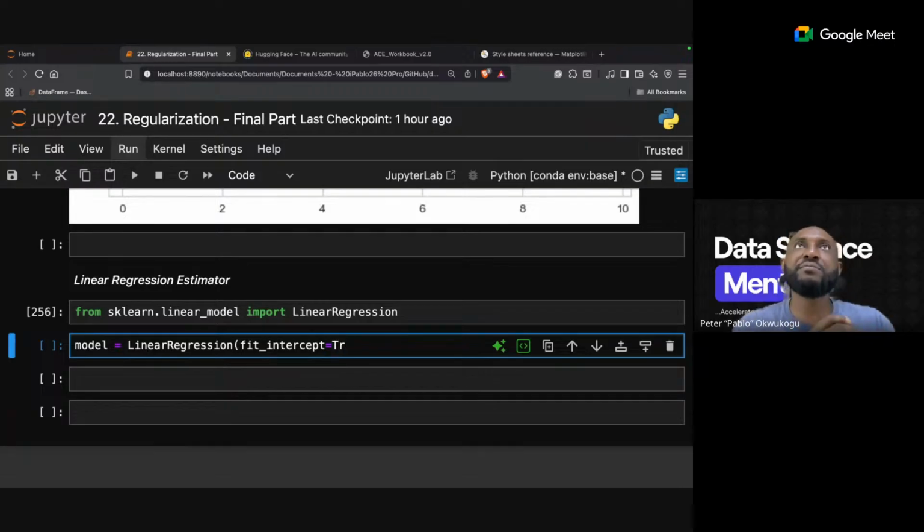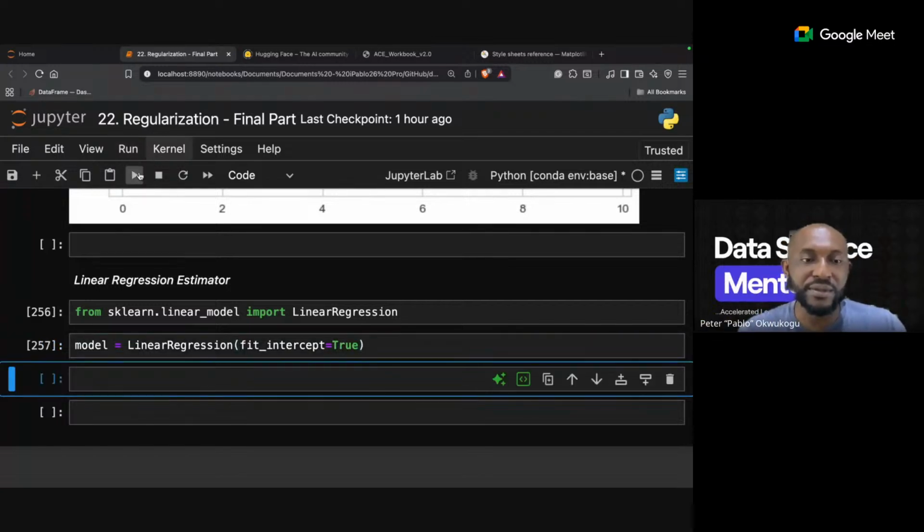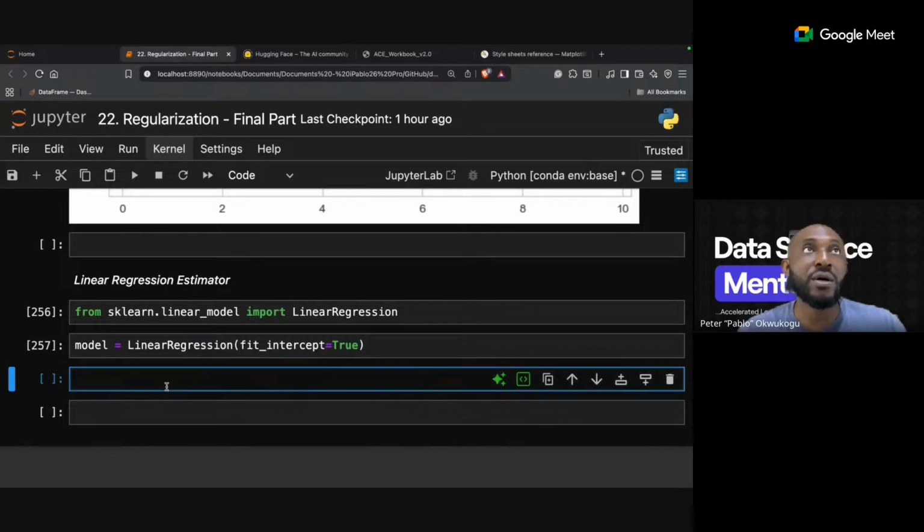So the starting point most times tells you, if X was 0, what would my Y typically be? If you were to take a trip on Uber, what would be your base rate? Something of that nature, right?